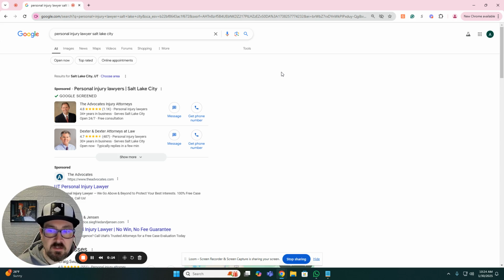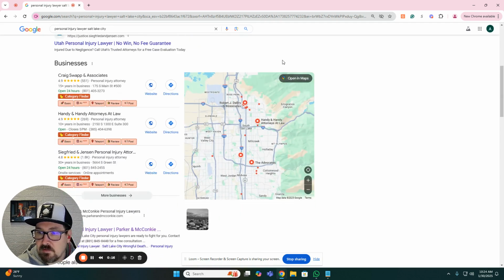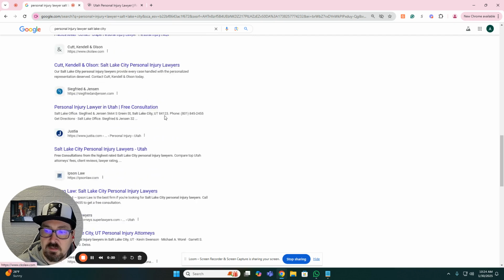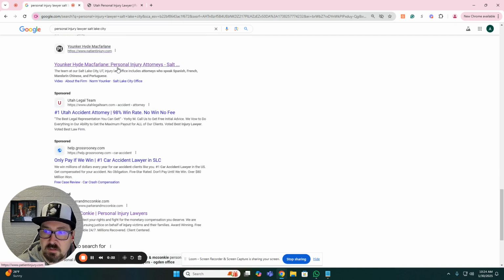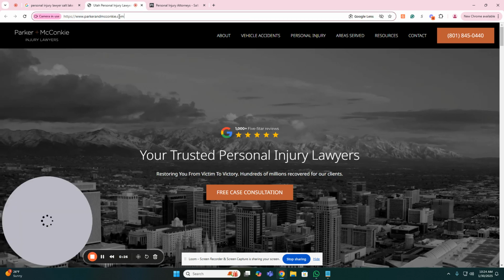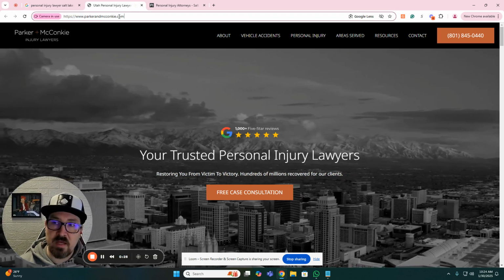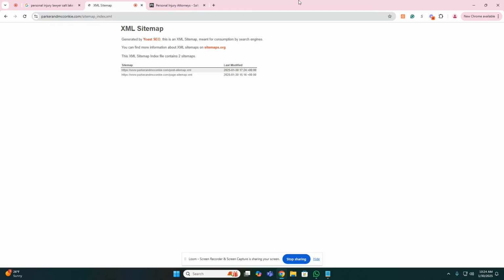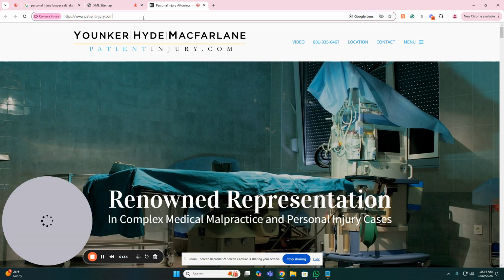So let's just go ahead and come down here. Let's see. This is the person ranking. Let's say that this one at the bottom is your client or your law firm. With that, you just add a backslash behind the URL, sitemap.xml, and that should redirect you to their sitemap. Do the same thing to this,